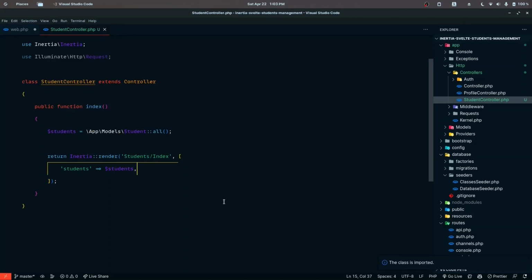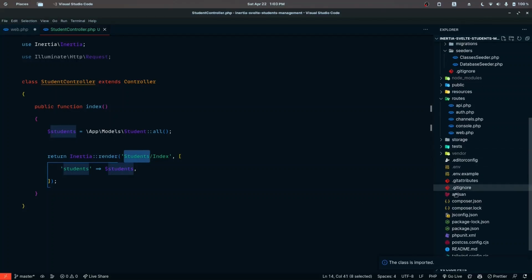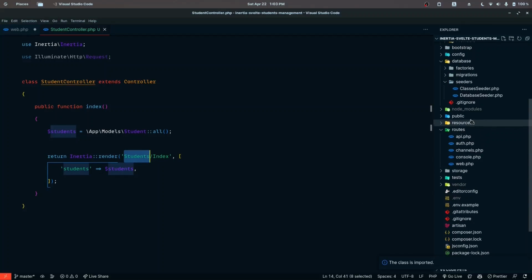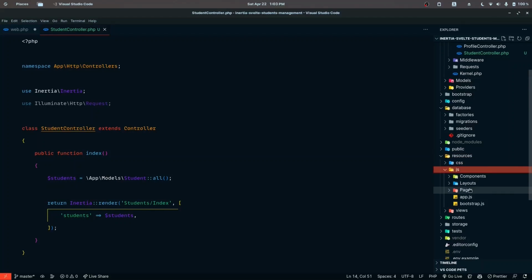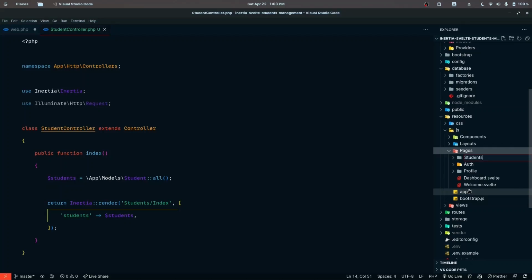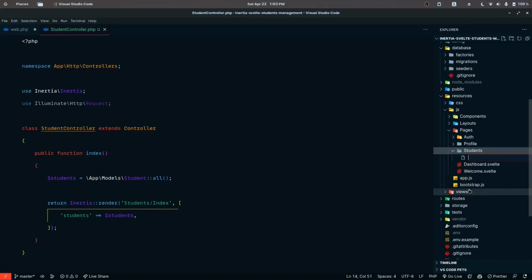Okay, this looks good. So instead of students, I think, what do we name it here? Okay, that looks fine. So let's go ahead and create that inside. So remember that since we are using Inertia, we have to define all of these inside the resources JS folder. So inside resources JS, we have pages. So let's create a new CRUD in here. So the folder is going to be students,